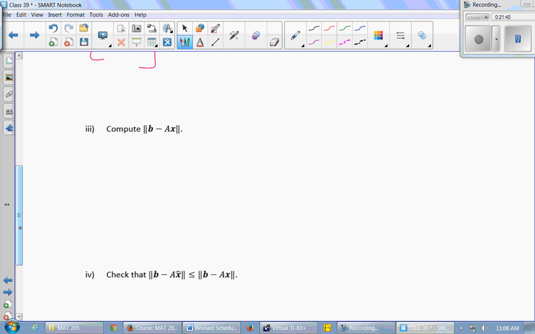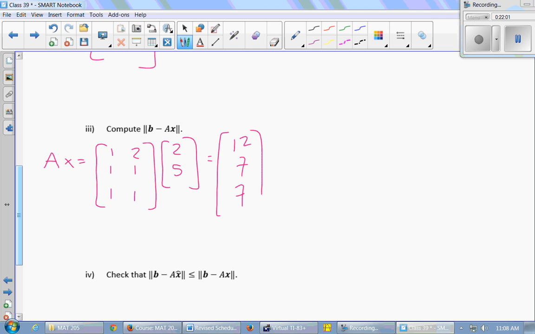So I have to multiply AX: 1, 1, 1 and 2, 1, 1 times X, which is 2, 5. I get 2 plus 10 is 12, 2 plus 5 is 7, 7. So there's AX. Then B minus AX is 0, 1, 2